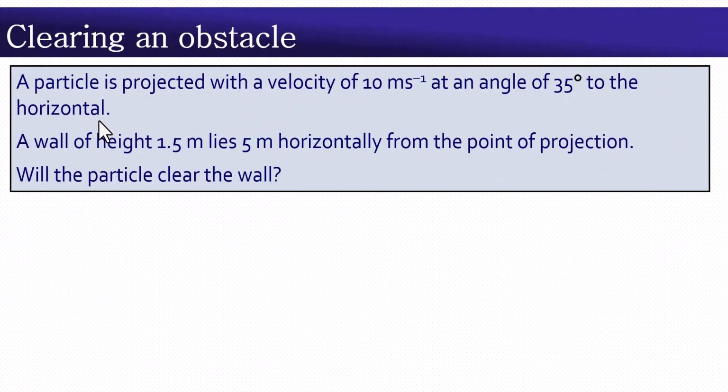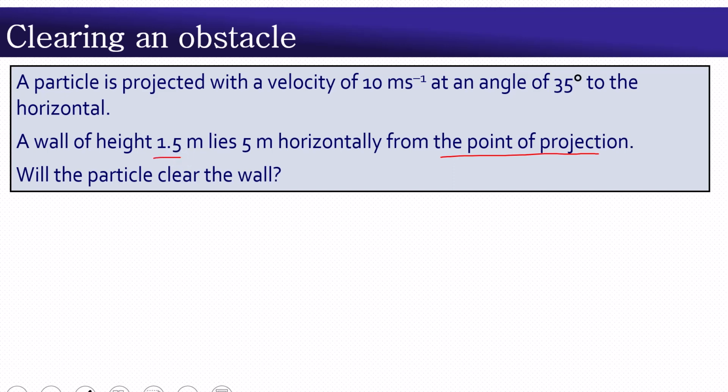So the next part is looking at clearing an obstacle. We have a particle which is projected with a velocity of 10 meters per second at an angle of 35 degrees to the horizontal. A wall of height 1.5 meters lies 5 meters horizontally from the point of projection. They want us to find out if this particle will clear this wall of